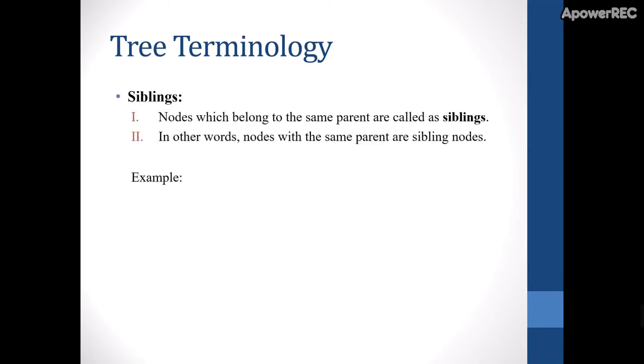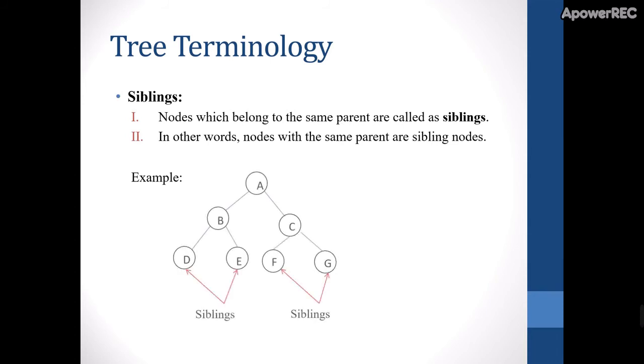Next, siblings. What are siblings? Siblings are the same as brother and sister from the same parent. In the same way, nodes which belong to the same parent are called siblings. In other words, nodes with the same parent are sibling nodes. So these are examples. In the same way, F and G are siblings. Both are nodes from the same parent. And in the same way, B and C are siblings because their parent is